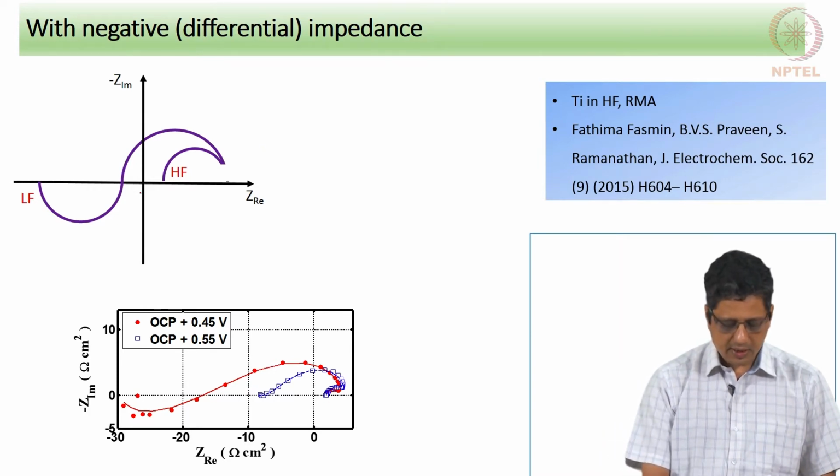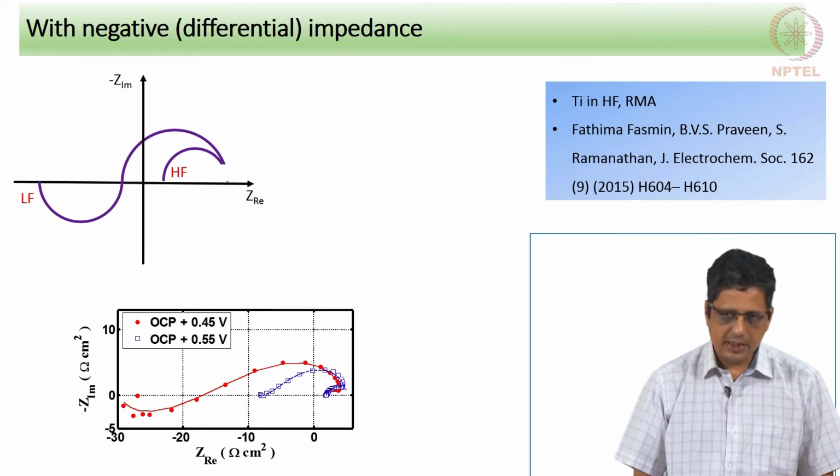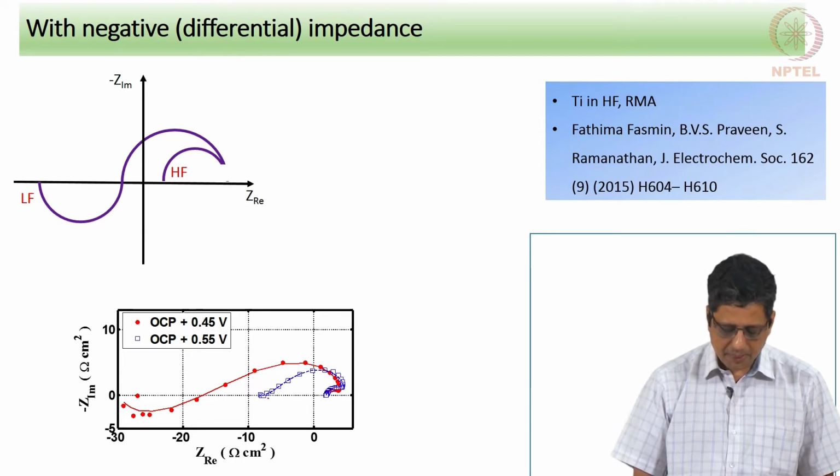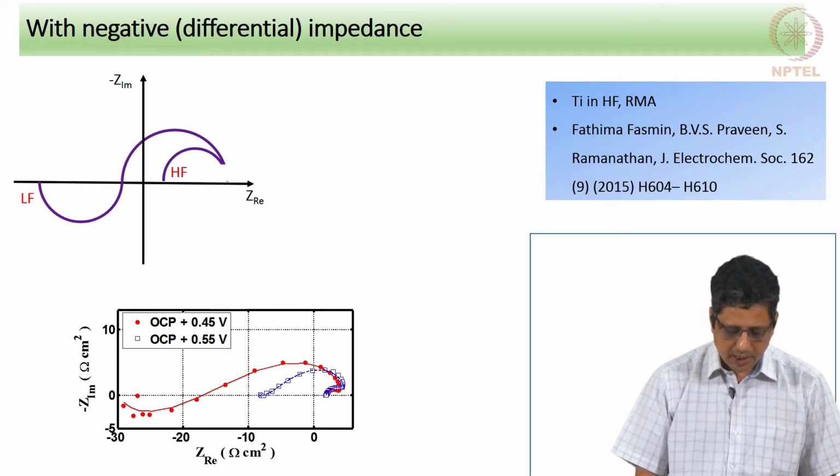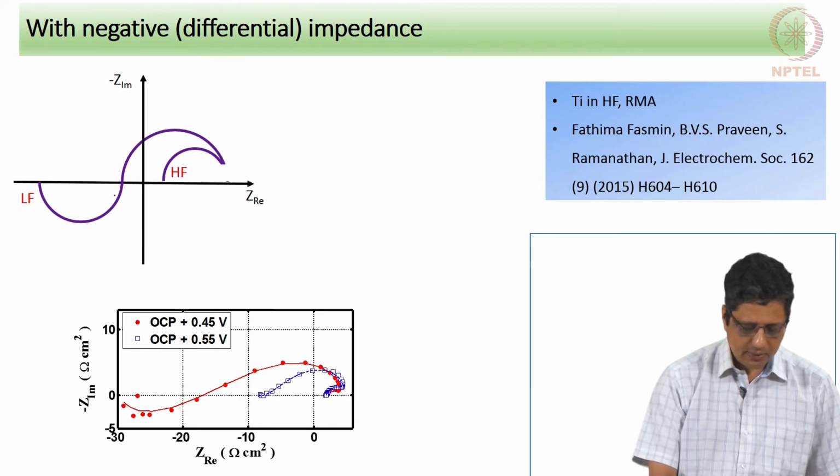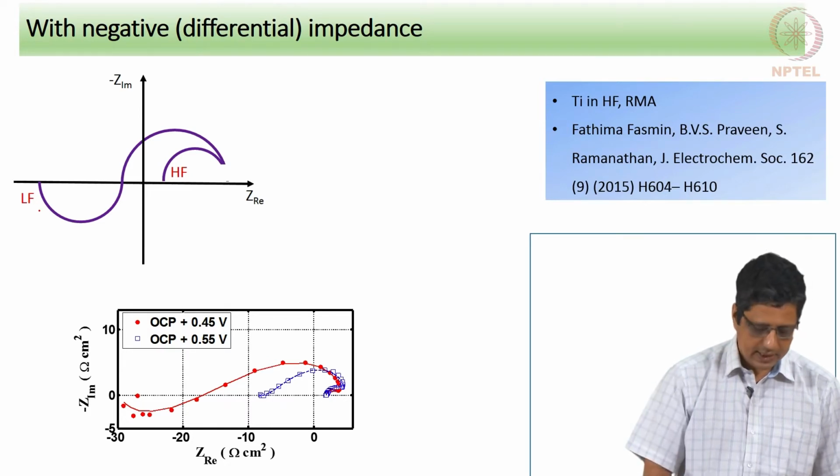These dimensions are not the same, right. The capacitive loop is small, the negative capacitive loop is much larger, and the data were taken at two different potentials. If I remember right, the lines represent the electrical circuit modeling. In one of them, the negative capacitive loop followed by the inductive loop is clear.